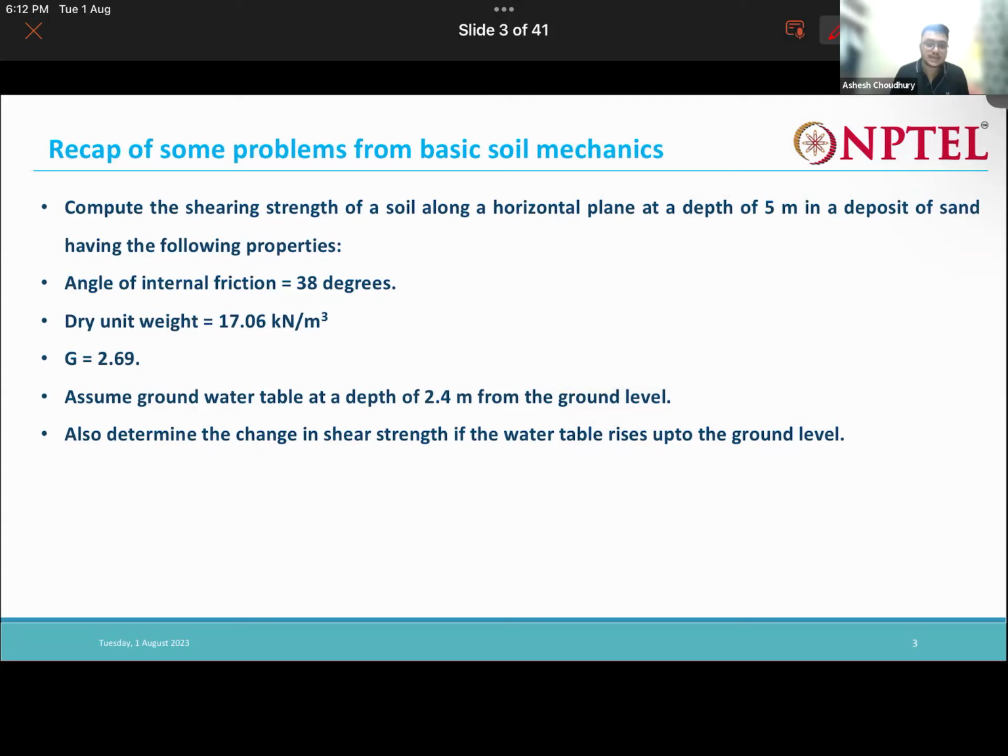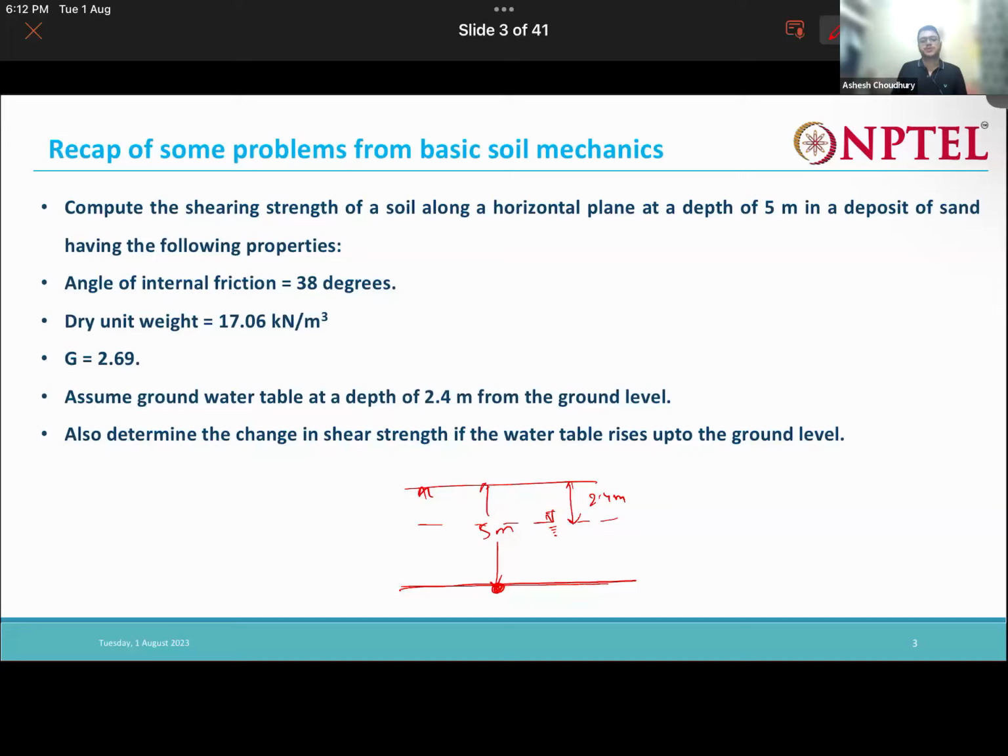So there is this 5 meter, right? So there is a sand there, which is 5 meter deep, and we have water here, 2.4 meter. There is water. So you need to find the shearing strength of soil along this horizontal plane, at a depth of 5 meter from the ground surface, right? So what we need to do,